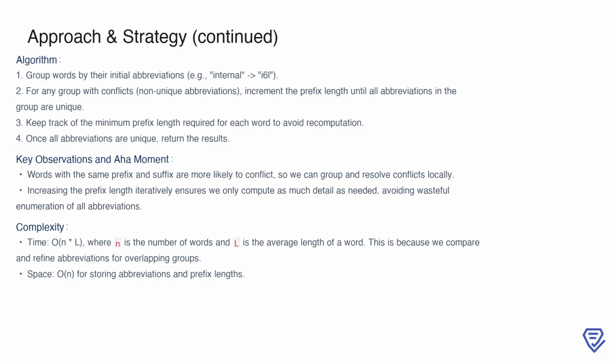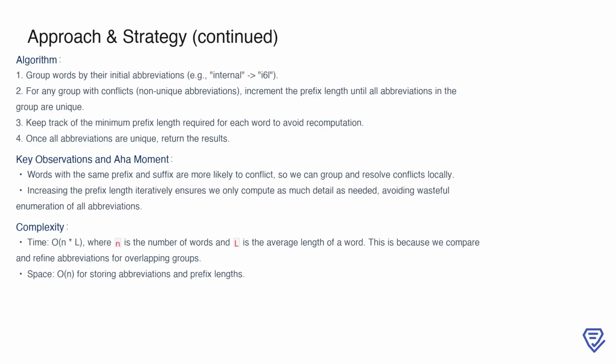It operates in O(n*L) time, where n is the number of words and L is the average length of a word. This is because we refine abbreviations only for overlapping groups. Space complexity is linear, O(n), as we only need to store the abbreviations and the prefix lengths. The key insight here is that we compute only as much detail as necessary, which makes this approach scalable and